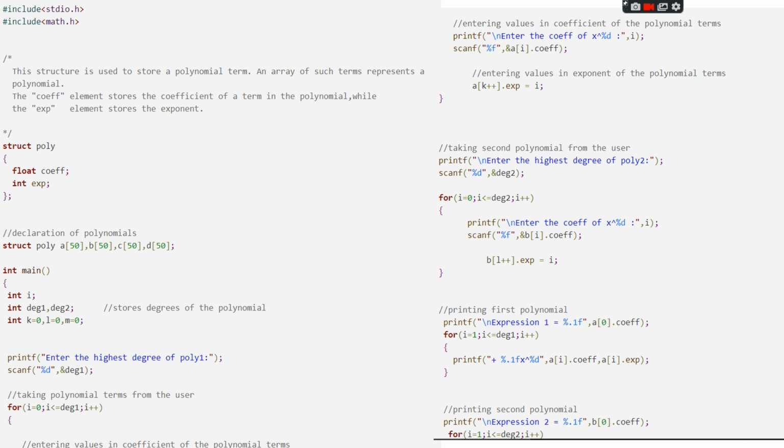If it is %.2f, it means 1.00, and as many values of 1f or 2f or 3f, the number of zeros gets increased. So expression 1 equals the modulus operator .1f, comma a of 0 dot coefficient. The reason behind a of 0 dot coefficient is that it would obviously be x^0, so we'll be directly printing x^0's value. So x^0 is obviously 1, so the direct value of expression 1 is added directly using the percentage